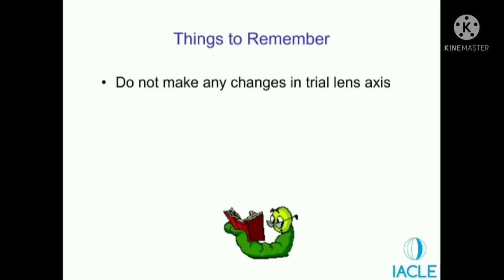Now, some important things that we need to remember. After you put a lens on the patient's eye, forget about the trial lens. You will always make the changes to the spectacle axis, not the trial lens axis. कभी कभी ये हो सकता है कि the patient's required axis is 170, but you didn't have a trial lens of 170 axis, so you put a 180 axis. But if you want to make any changes finally by using LARS rule or CAS rule, you will make changes to 170, not 180. Spectacle axis में changes करने हैं जो भी करने हो. Trial lens axis, once you put it on the eye, forget it. It is only to see how the lens behaves.